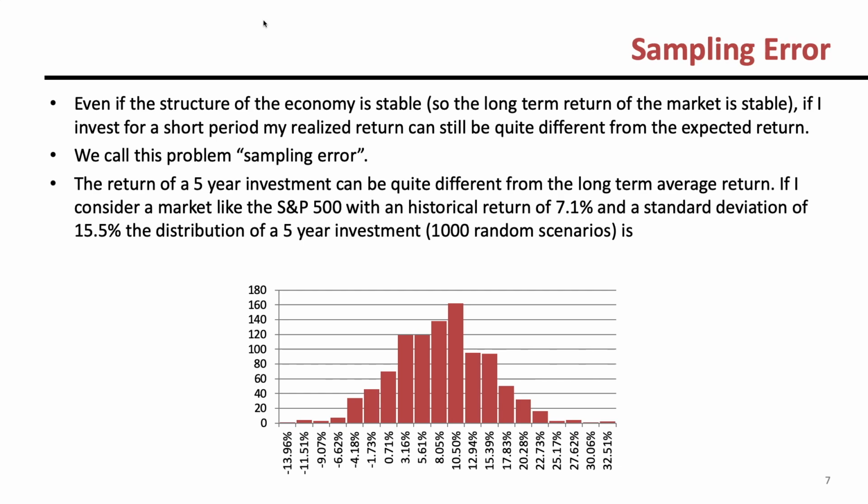Remember that the return on the US stock market between 2000 and 2010 is 0. So there you have 10 years of bad returns. Okay? So these things can happen. Now, this idea of sampling error is crucial. So we need to understand it very well. So the idea is, I repeat,